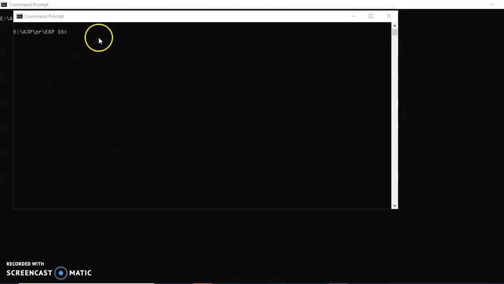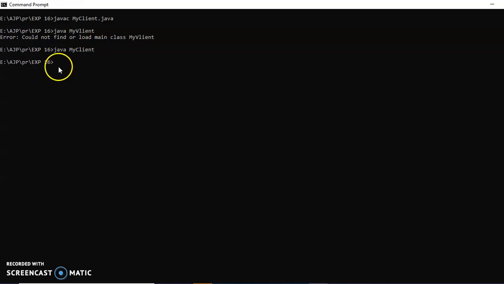So quickly, we'll first compile the server program. It is compiled, so we'll run the program, java MyServer. Now the program is running, the server is running, but with no output because the client is not yet started. Client has not sent any data which the server can print. So this is my server screen.